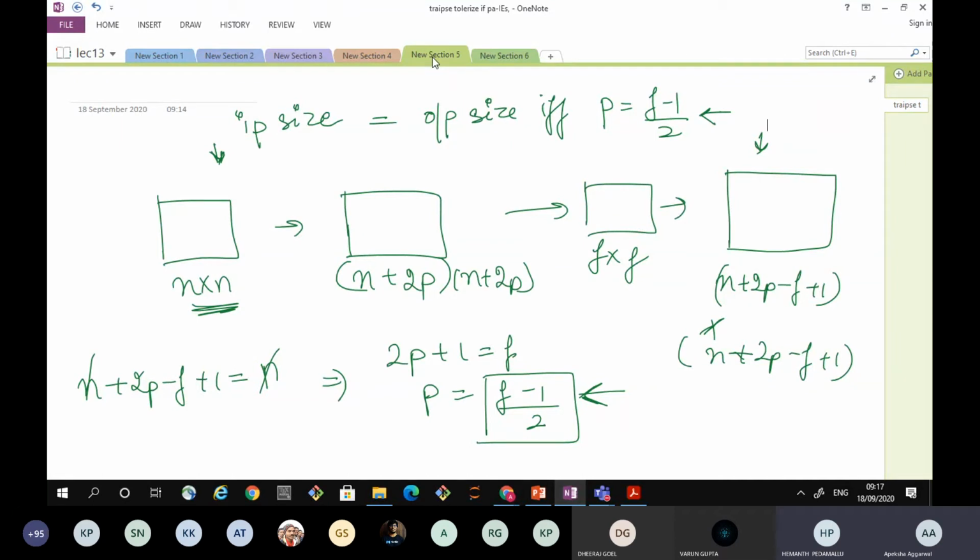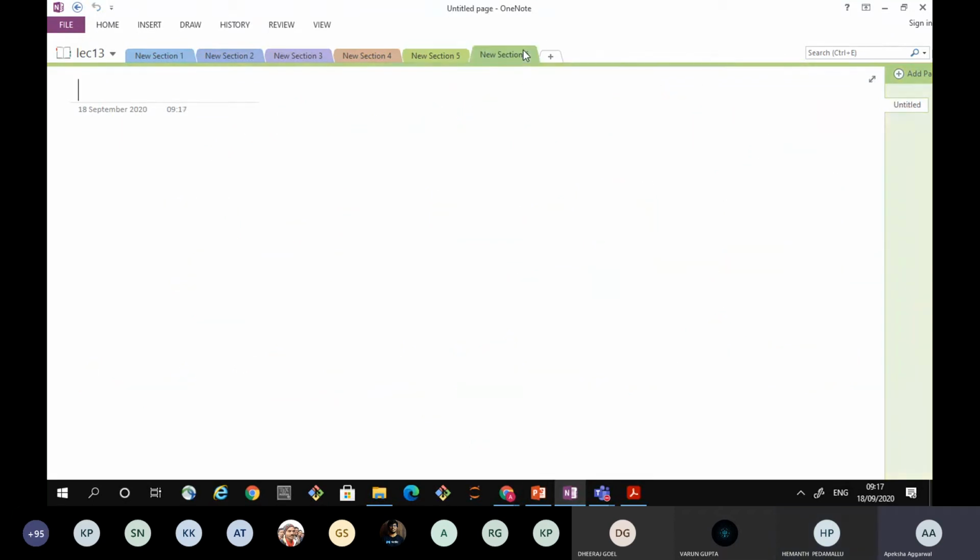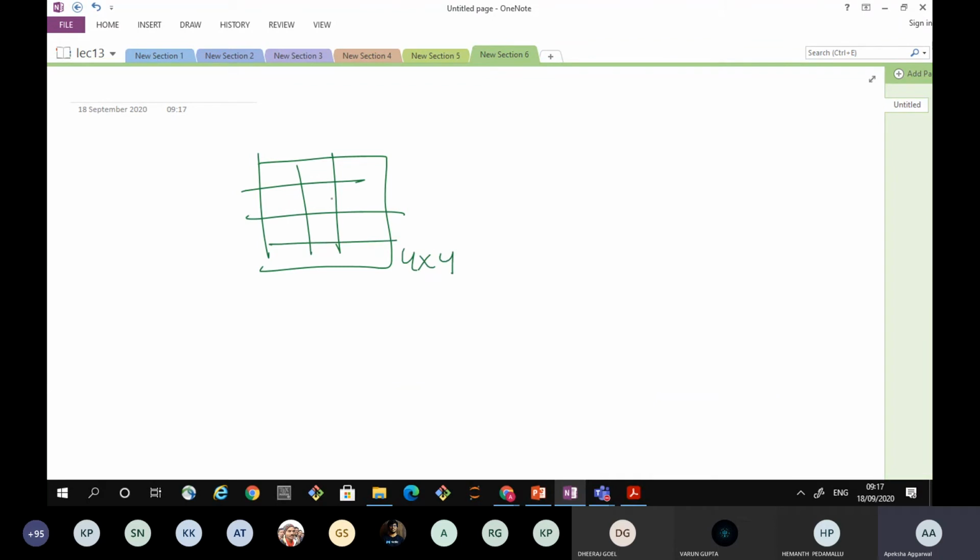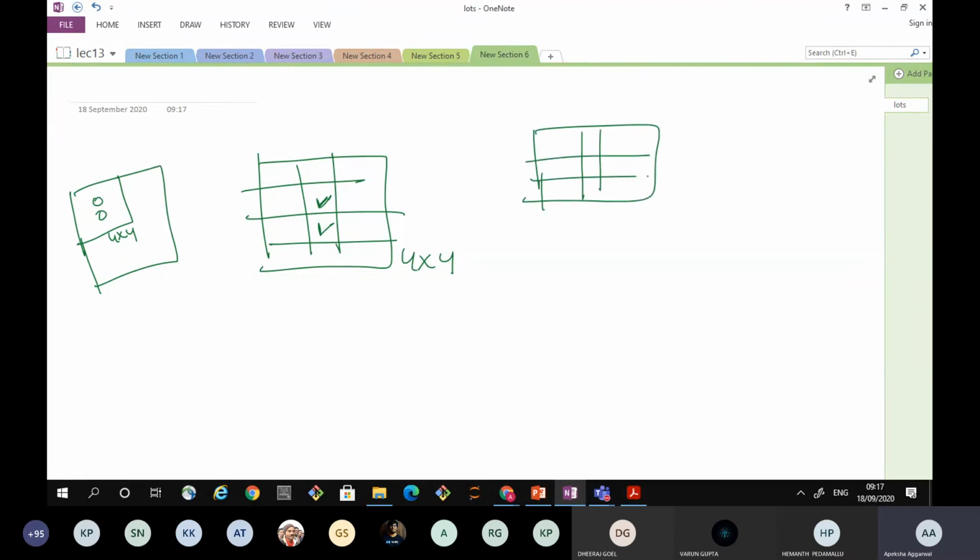We never take the filter size which is an even number. Why? Because if my filter is 4 cross 4, how will I replace? Either I have to replace this one or this one with the original image. If this is a 3 cross 3, I'm replacing it with the middle cell, but in a 4 cross 4 I cannot do that. So filter size is always an odd number: 3 cross 3, 5 cross 5, 7 cross 7, like this.